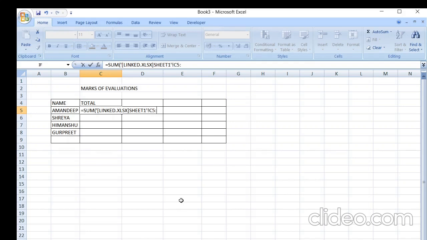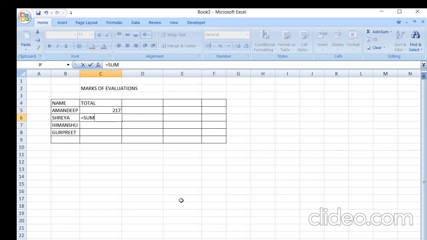C5 range E5. Right? My round bracket is closed. Press the enter key on your keyboard. You will see the answer is this one. Clear?